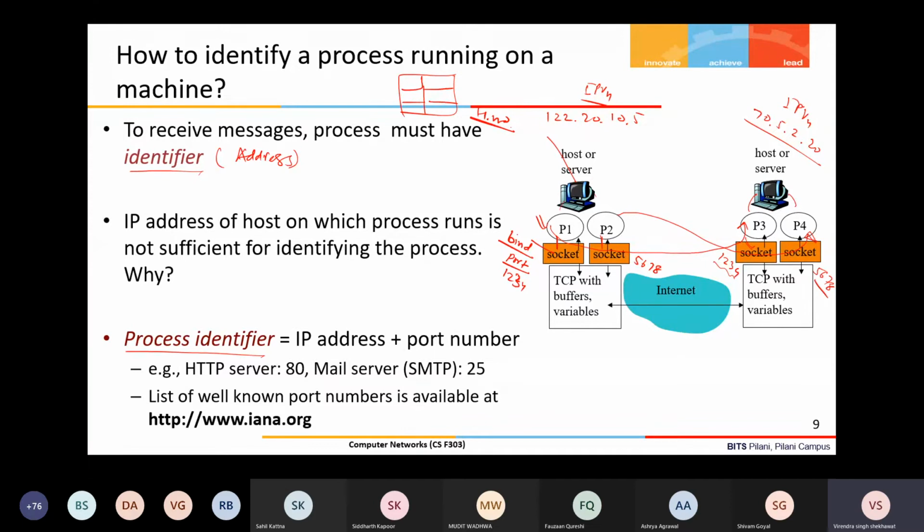Now you can ask, how would you know what port number a process is running on? There are two types of ports we use. One is well-defined, well-known ports. For example, an HTTP server always runs on port 80, a mail server always runs on port 25, and an FTP server runs on port 22 and port 21. Actually, FTP uses 2 ports, we'll see later. These are the TCP ports. So as a web client, if I need to connect to a web server, my port number is always 80, assuming that one process is running on port 80.